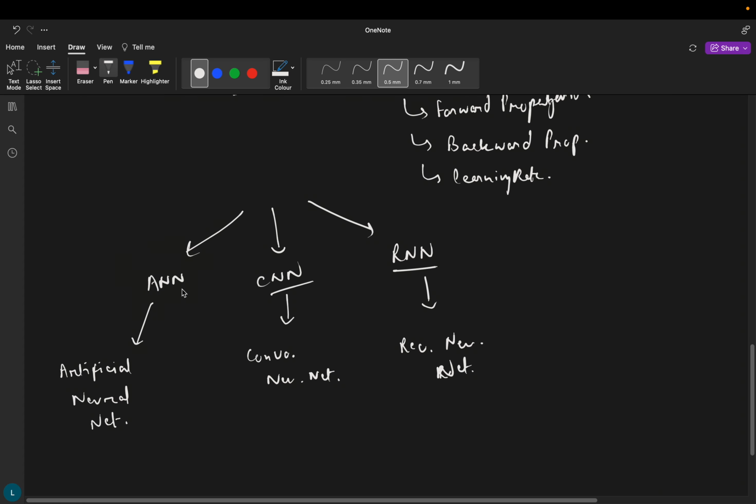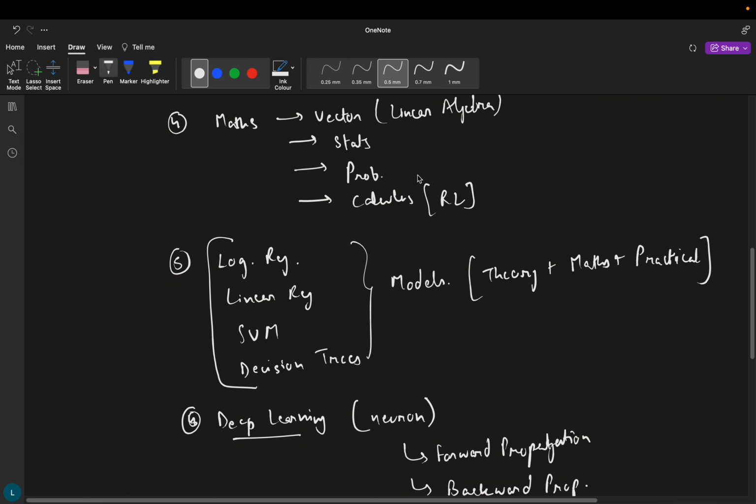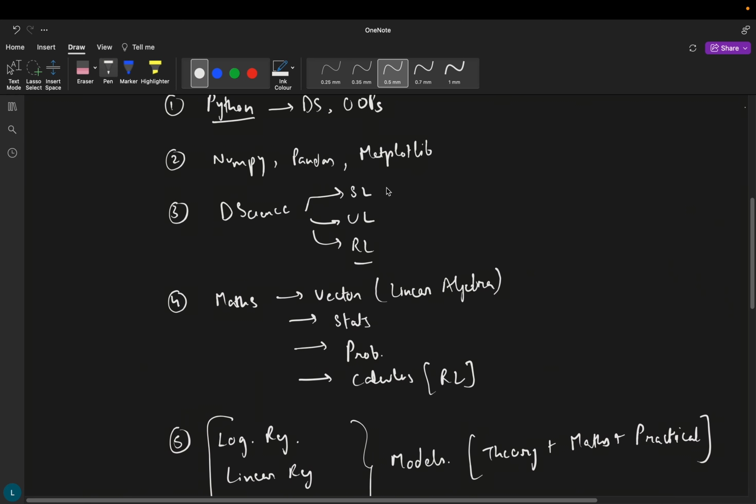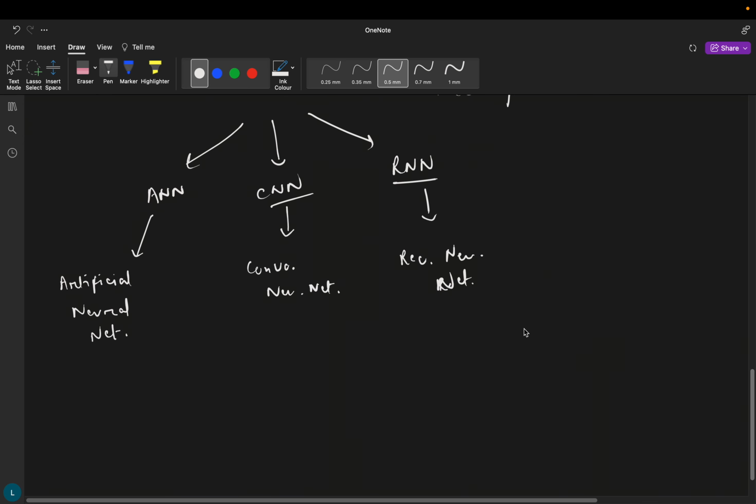Artificial neural network is very similar to what we call supervised learning. Why? Because in both of them we always do classification or regression. There are many activation functions like ReLU, sigmoid, and many more, for which you have to learn the basic maths behind them and how to implement them. So how can you perform the classification part and how can you perform the regression part?